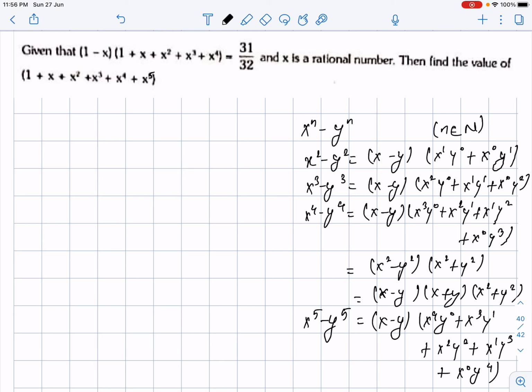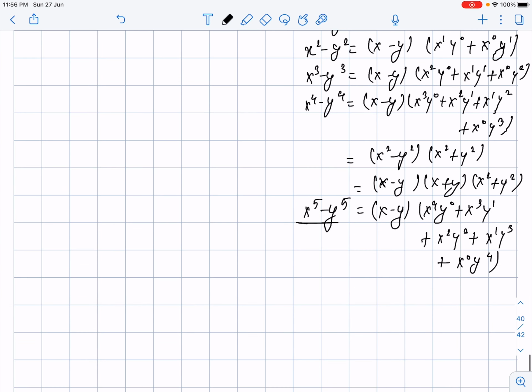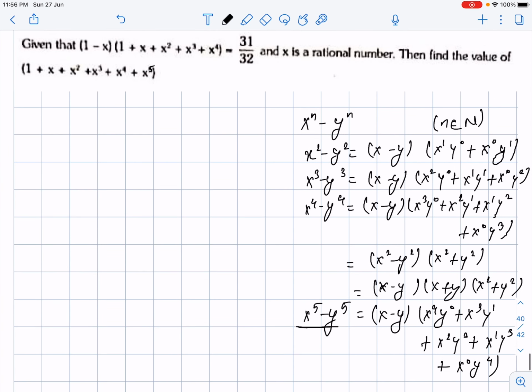Now guys, the question statement which is written on the screen is of format x to the power 5 minus y to the power 5. And what is the value of x given to you? The x value over here is becoming 1, and the y value over here it is becoming x. So we have 1 minus x to the power 5 actually, okay, and that is what 1 minus x will be multiplied by 1 plus x plus x square plus x cube plus x power 4, it will be going up to x power 4 only, okay.